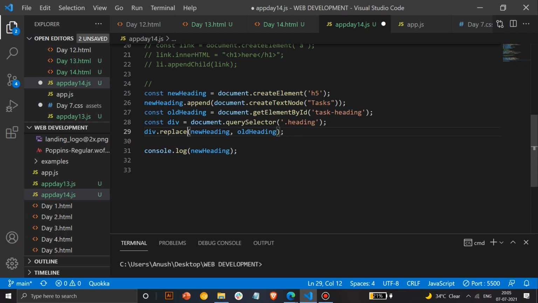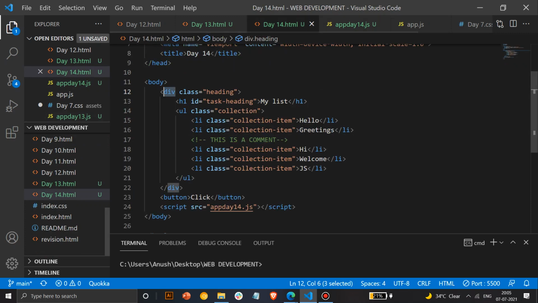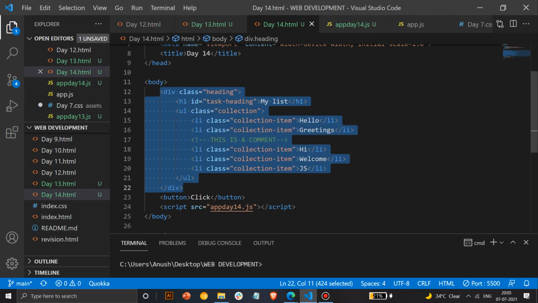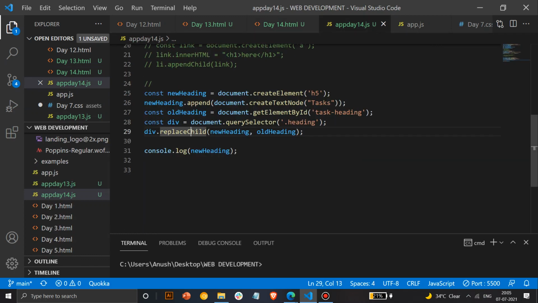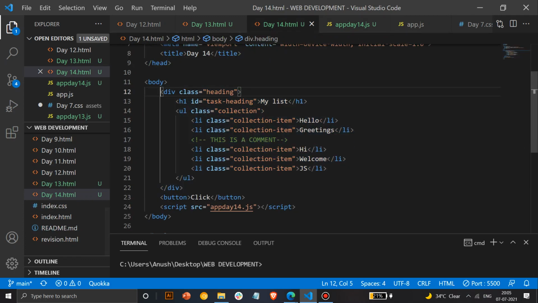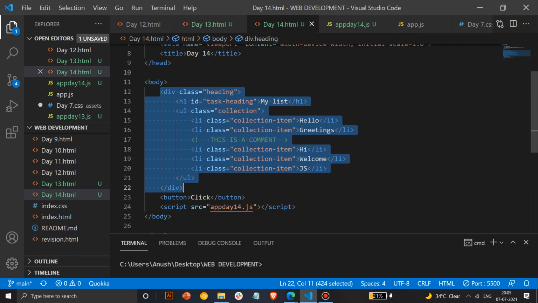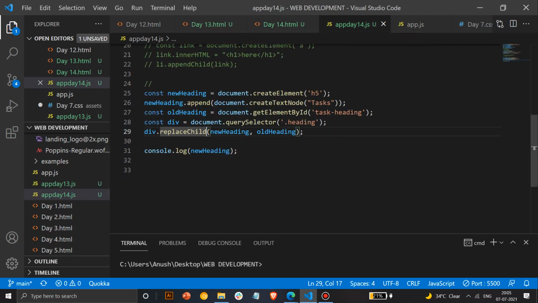I think the replace function also works, but it's always convenient to use replace child so that this is in a structured format. Otherwise I would have directly used the replace method also. That also works fine, but it's always better to show you the better format that works with the child element. So that's why I've taught replace child, and here you specify both of the headings, and here I have just called it using query selector. I've called the heading here.